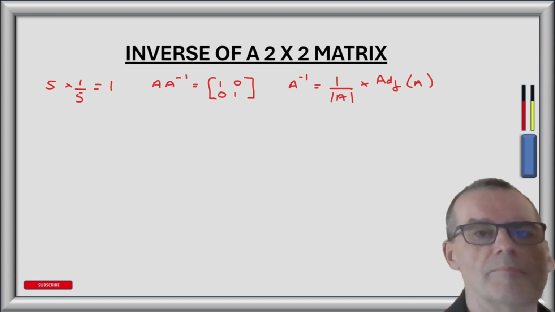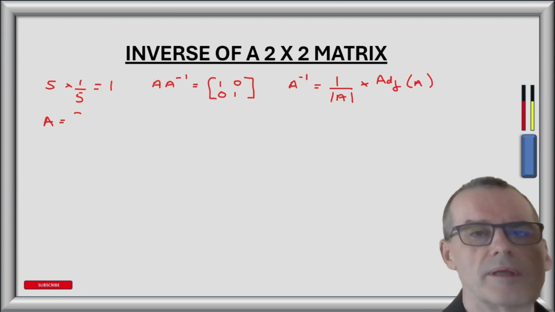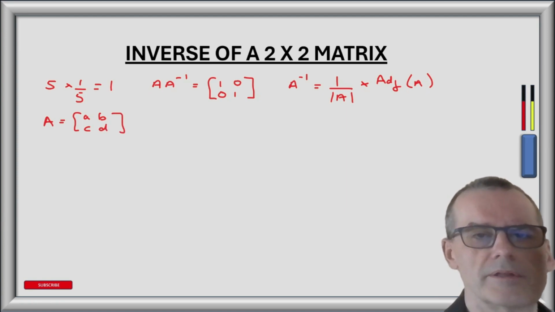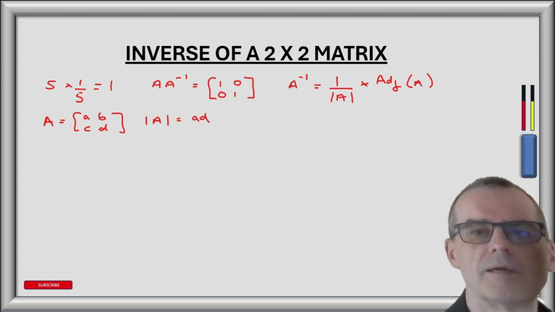So if we have matrix A, which is A, B, C, D, the determinant of A is equal to A times D minus B times C. And the adjoint of A is equal to